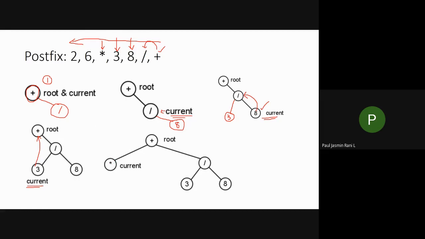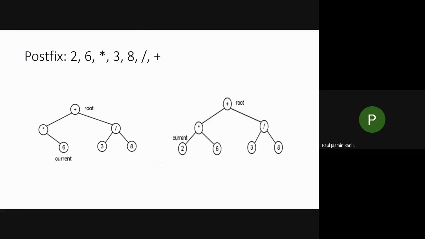After that, my current node is asterisk. Next one is 6. Where will I mark this 6? I will mark the 6 as the right side of this asterisk. Here I mark this 6, and next one is 2. After this I cannot create a node, so I have to go to the left side of your asterisk. This is how I have to create a postfix expression tree for your second method. So this is your final expression tree.